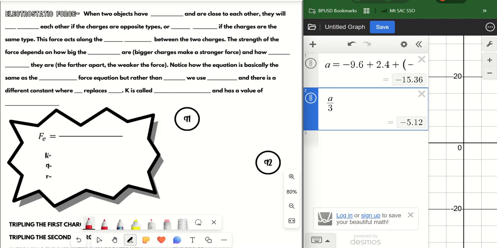All right, when 2 objects have a charge and are close to each other, they will pull towards each other if the charges are opposite types, or push away if the charges are the same type. This force acts along the straight line between the 2 charges. The strength of the force depends on how big the charges are,